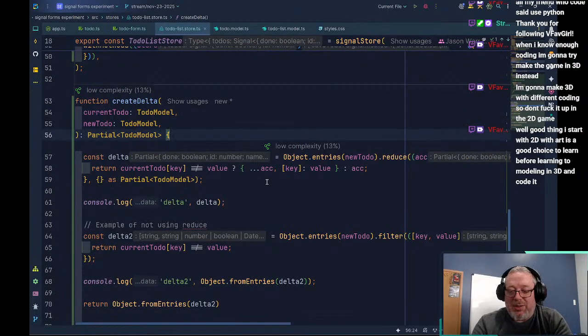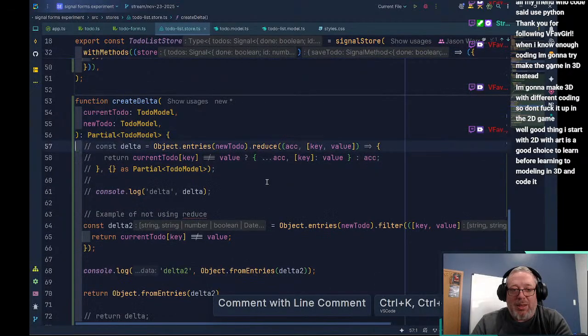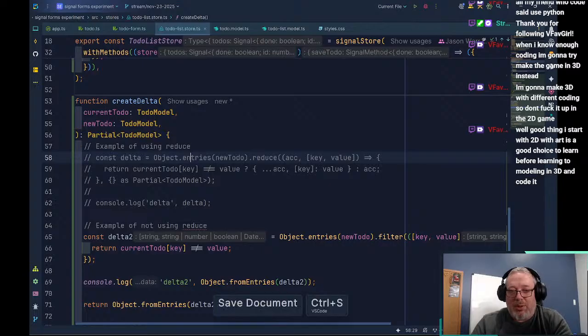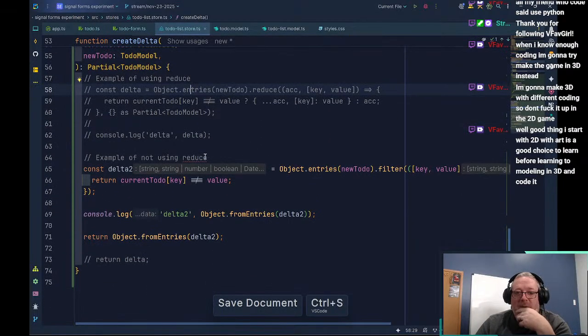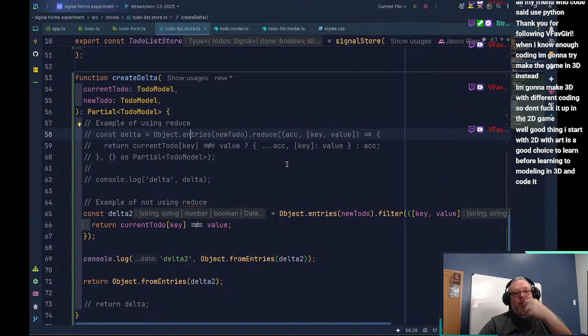Well, in that case, let's take out example of using reduce. So there we go. And this is an example without reduce. I actually find, like, reduce can be difficult to read sometimes. And there's another interesting issue to the reduce here,